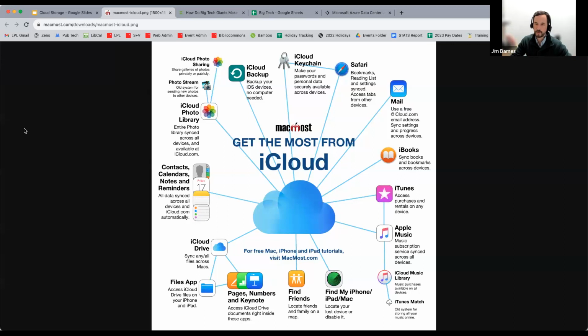Some people just have the phone, some people just have the computer. But like the example I used earlier was I have a 1-year-old and a 4-year-old. So if I take a picture of them with my phone, and then I go to my computer, it'll be on the computer too. And the way that does that is they both are syncing to the cloud. They're both talking to the same servers. It actually may take a little bit for it to show up on my computer. Sometimes it's not immediate, but eventually it'll show up on there. And so, yeah, that's called syncing.